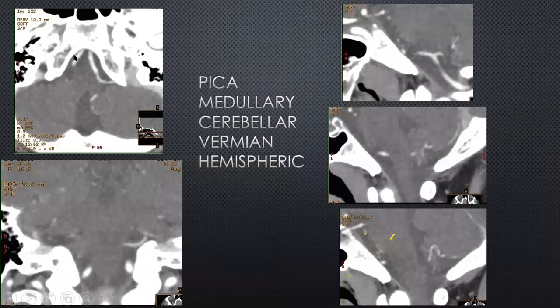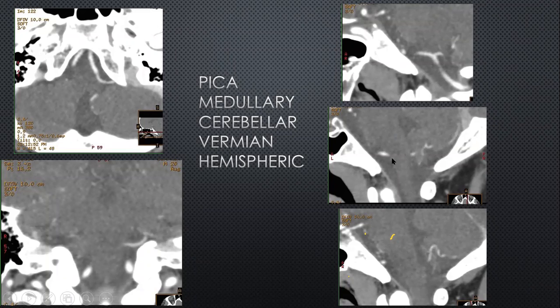So just to show you the anatomy again here, this is a right vertebral artery, left vertebral artery on the CTA angiogram. You can see the brainstem over here, and this is a branch of the PICA which has come off, and a small portion which goes through the foramen of Luschka, supplying the vermian branch. So this is a vermian branch over here on the AP, and this is on the lateral. This is just to show you the vertebral artery with the origin of the premedullary or anterior medullary segment of the PICA. And this is to go much deeper inside now, and you can see behind, at the level of the floor of the fourth ventricle, the PICA itself with the tonsillar loop, and then subsequently the hemispheric division over there, and the vermian division.